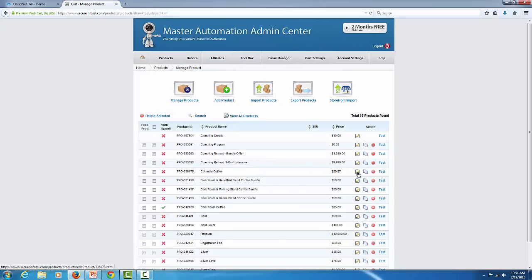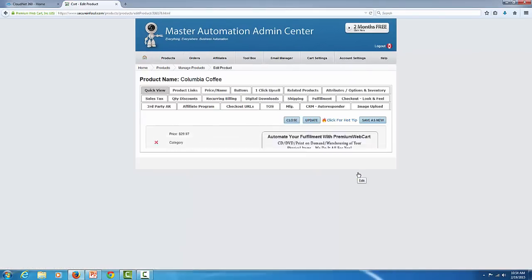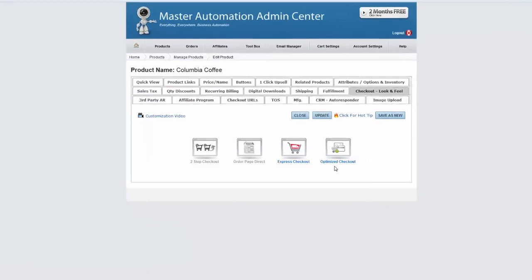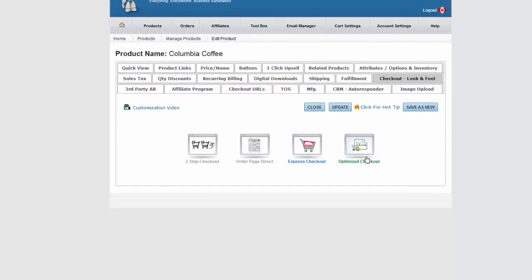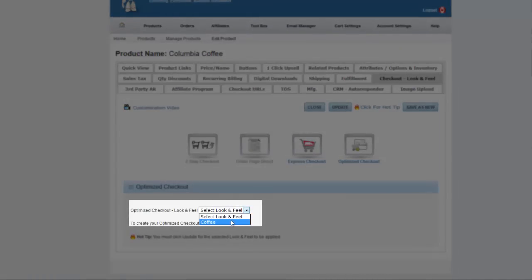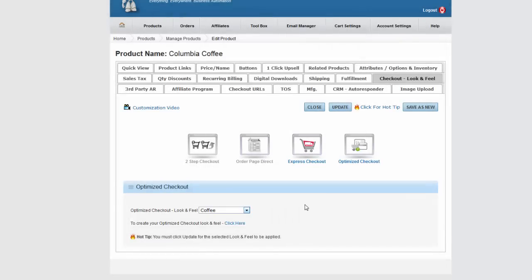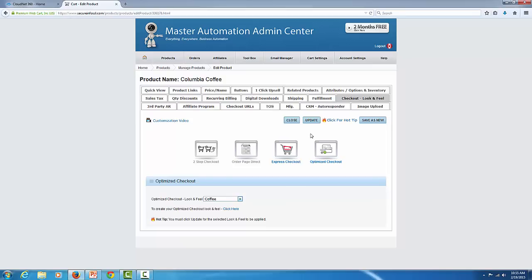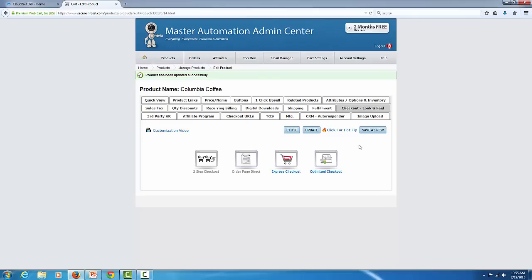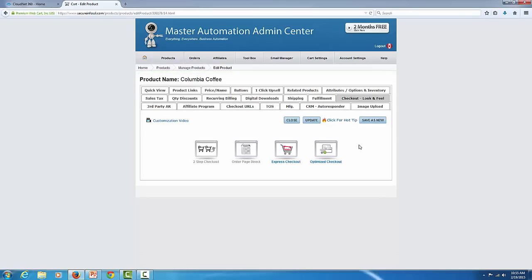And we'll come into our product here and click on Edit. And we'll come into our Checkout Look and Feel. And because we're using the optimized checkout with abandoned cart recovery, I'll click on this icon. And all I have to do is select my order page from the drop-down window. Again, this is the location where you are associating this product with that order page. Now, when you update this page, every time you make a change to your order page in the library, it will propagate to this product and every product using that order page. This is a really big convenience and a real huge time saver as you go on and maintain your business